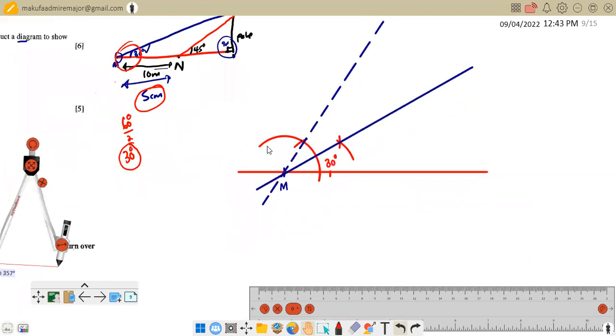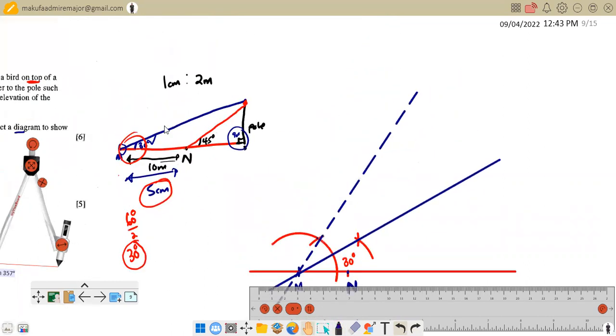And because we do not have any other measurements here, it's not going to affect us. But as you can see, this part, if you try to increase and reduce, is going to affect you. So this is your N, not your M. This is where our N is situated. From N, what are we supposed to have? If we get back to our diagram here, we are supposed to have an angle of